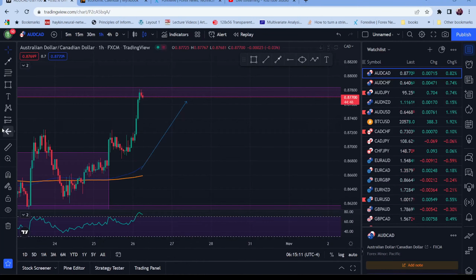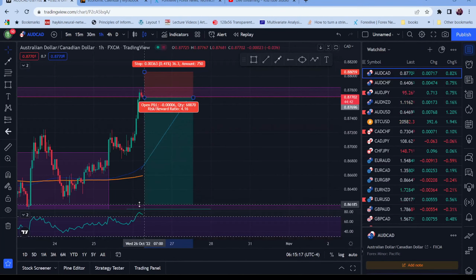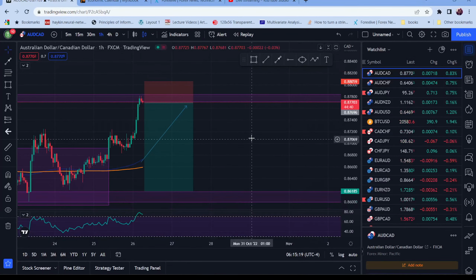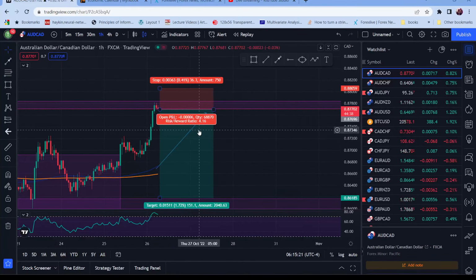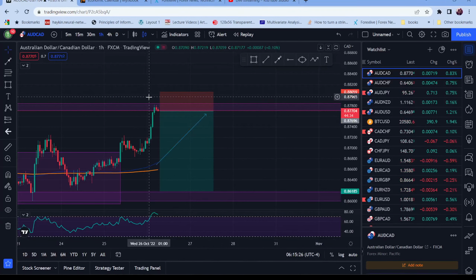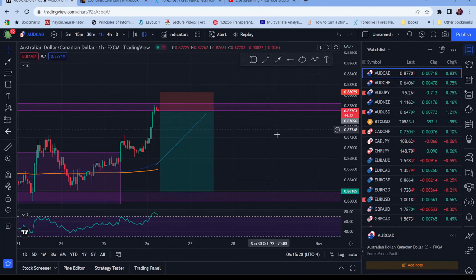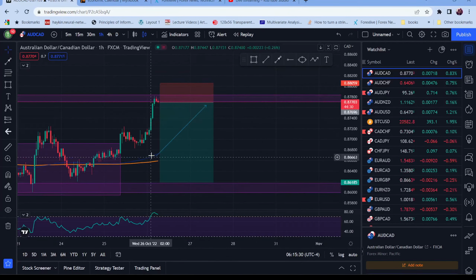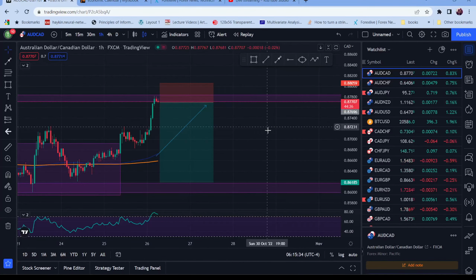Then this here gives a higher probability of actually swinging lower, right? So this is a potential trade that I'll get into. Actually, I'm going to get into this right now. This is a 1 to 4, just giving price some room to breathe in case we do see some pullbacks again. But this is a trade I'm going to get into, entering right here at 0.87